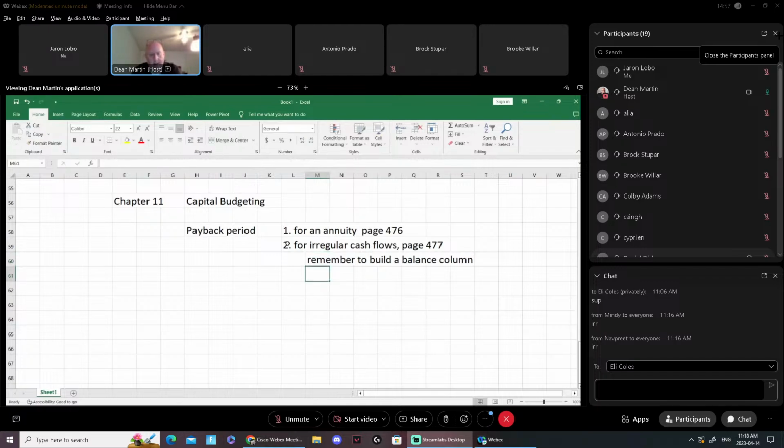Then take the remaining amount and take the next cash flow, and divide the next cash flow into what was still remaining, and that'll give you a partial year. There is an example for that